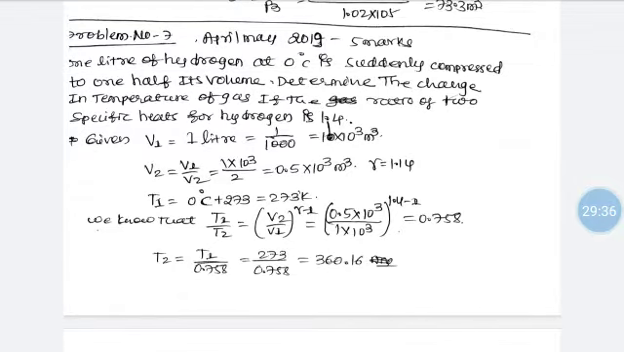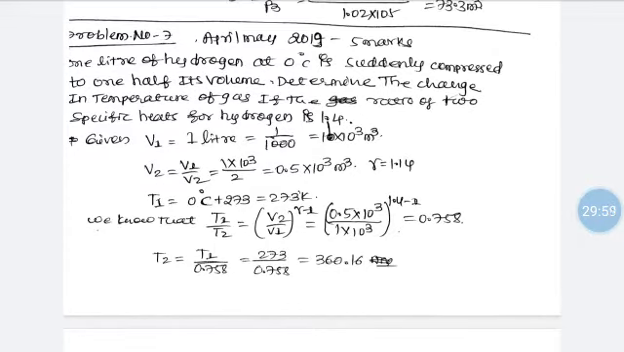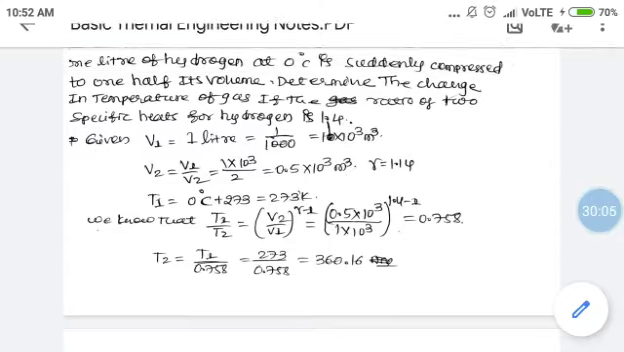Then we have to determine the temperature of the gas if the ratio of the two specific heats for hydrogen is 1.4, that is Cp divided by Cv is equal to 1.4. So the ratio of specific heats is given and the volume of 1 liter is given, that is 1 divided by 1000, that is 1 into 10 raised to minus 3 meter cube. So V2 is nothing but,